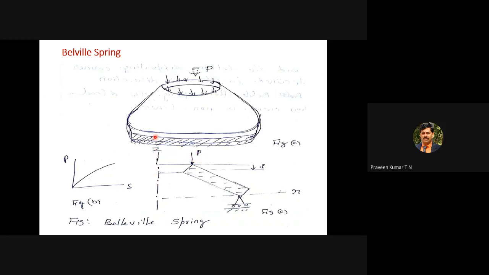So we have the Z direction. The deformation along the Z direction is given by W. The same small rectangular cross-section can move along the radial direction also, but this end is fixed. This bottom is fixed here, so there is no vertical movement. But at this point, it can move along the radial direction, that is given by R. This point also moves along the radial direction as well as the vertical direction.